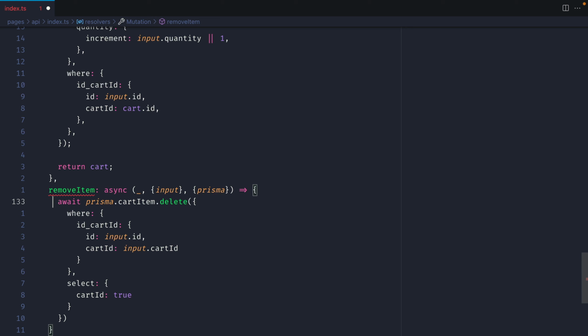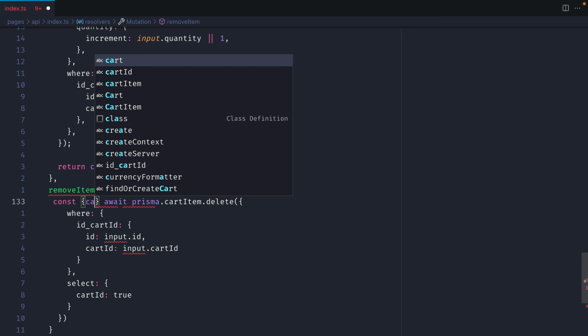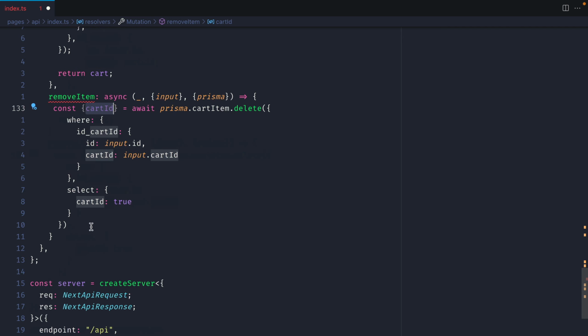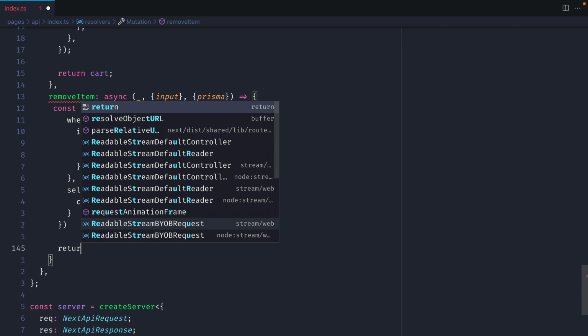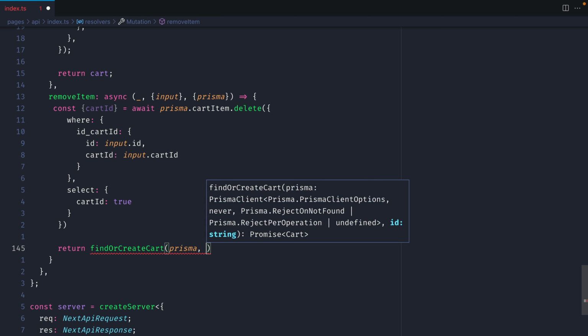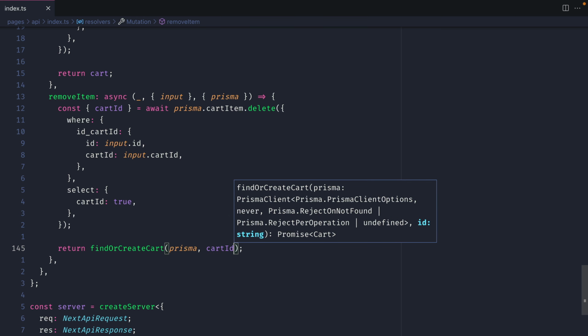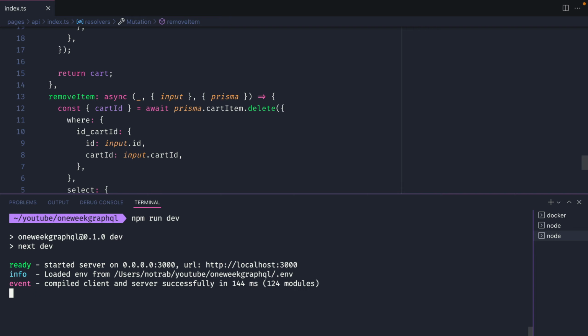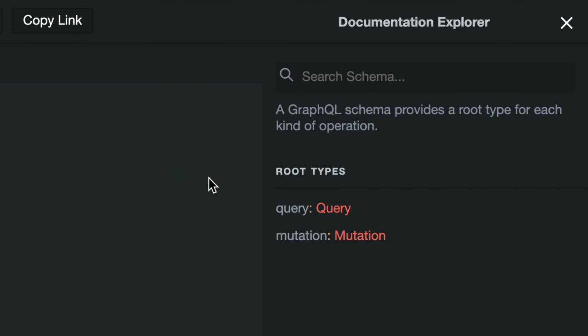And from the result of await prisma.cartItem.delete, we actually want to destructure from the response cartId. Then we can return findOrCreateCart, and we can pass it prisma, and we can fetch and pass that cartId. Now if we restart our Next.js server and head over to GraphiQL,